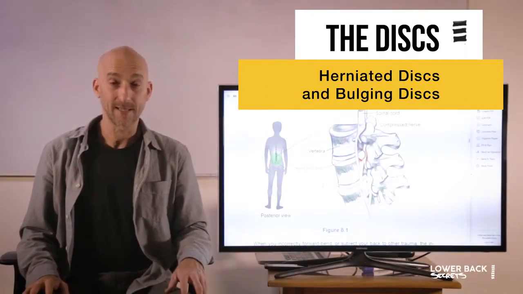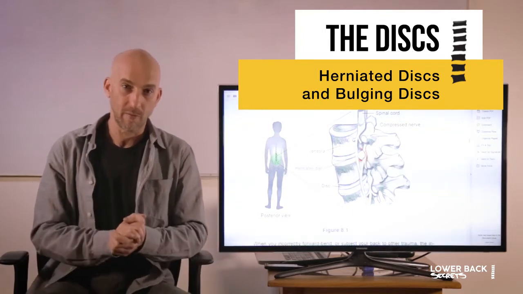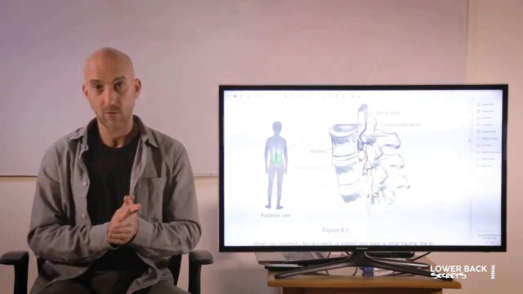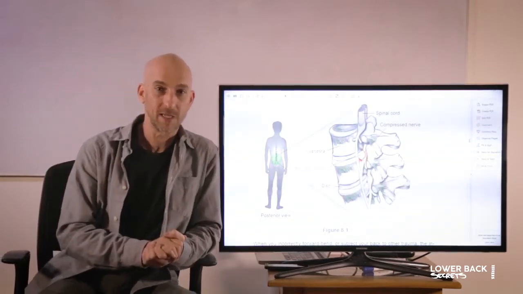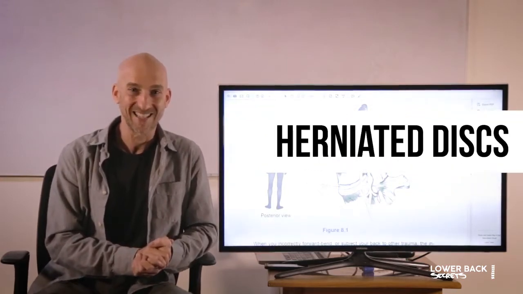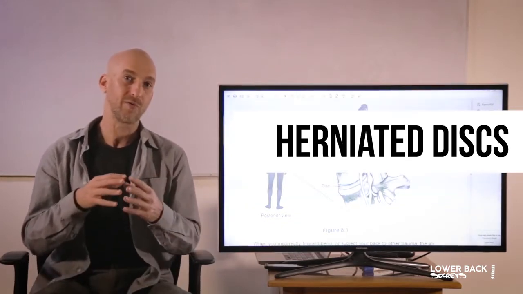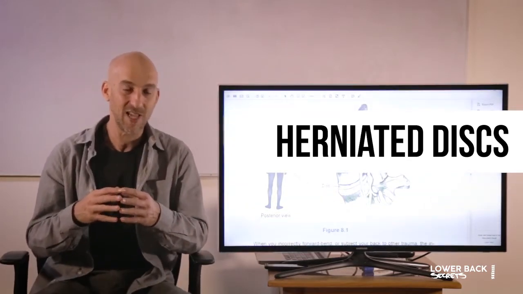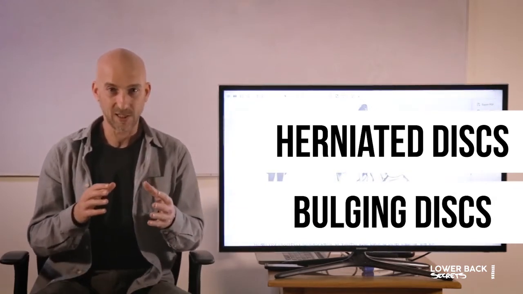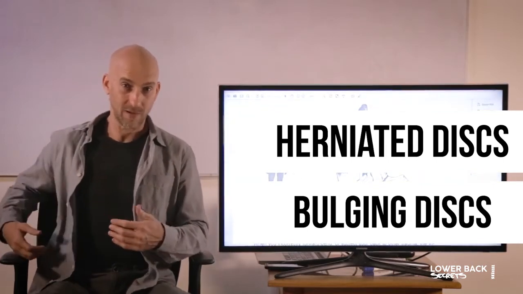Welcome to our next lesson as part of our chapter on anatomy and how anatomy relates to lower back pain. So we've looked already at the basic bones, and now we're going to look at a very common condition for many people, and it's called the herniated disc. Okay, now it's something we've all heard of, and we're going to also talk about the sister of the herniated disc called the bulging disc. Okay, and these are two very similar conditions that are going to have similar set of environments and even experiences